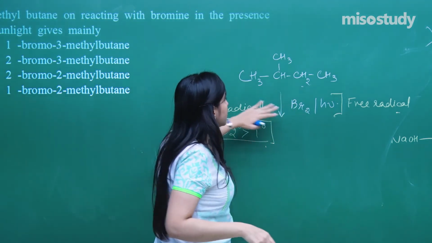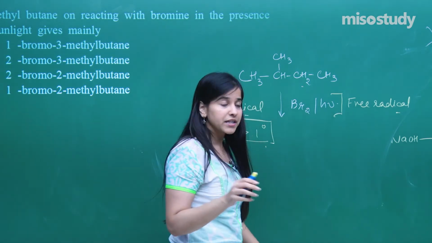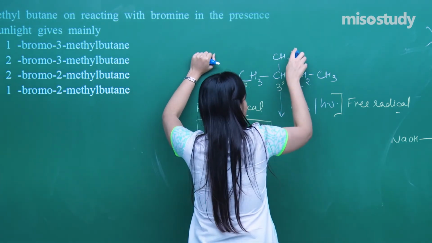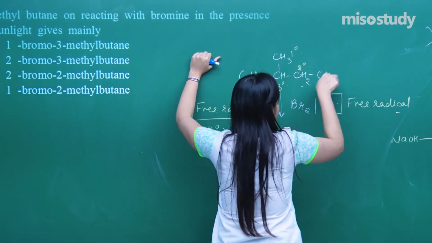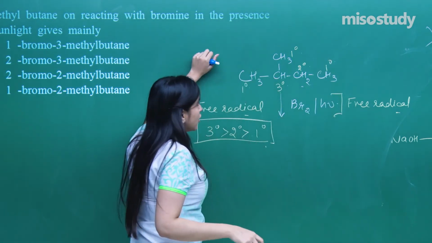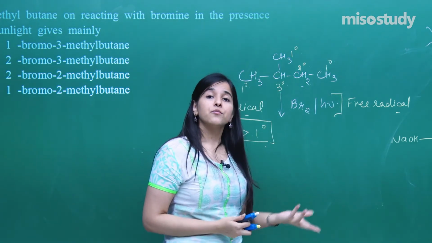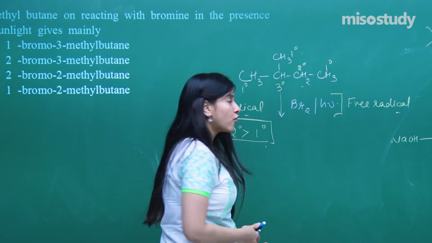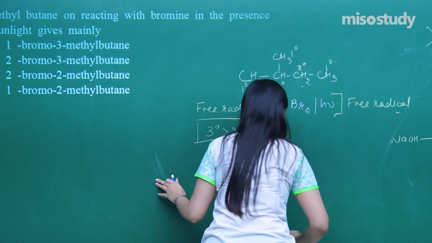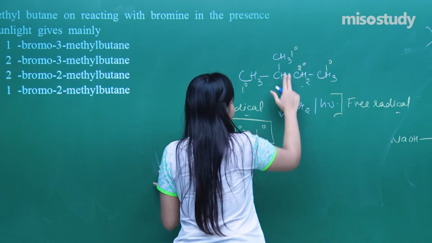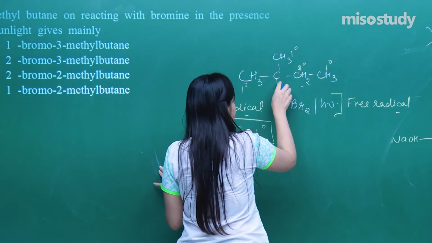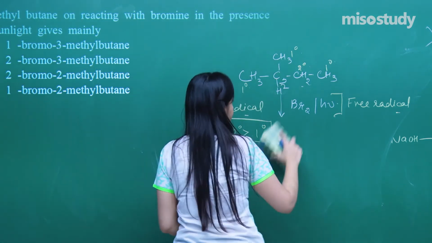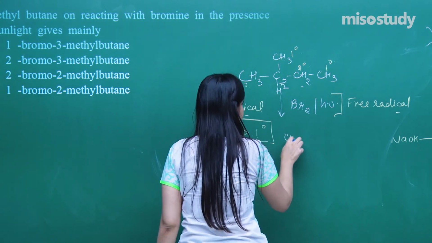So out of all, which type of carbons are present over here? So it is a primary carbon. It is a tertiary carbon. Again a primary. It is a secondary carbon. And this is again a primary. So in order to have a stable product where the bromine needs to be attached onto a very stable free radical, where is the stable free radical formed? It is formed always on the tertiary carbon as per the stability order. So it will be something like this, and that is how the bond is breaking, and we get this as the free radical.